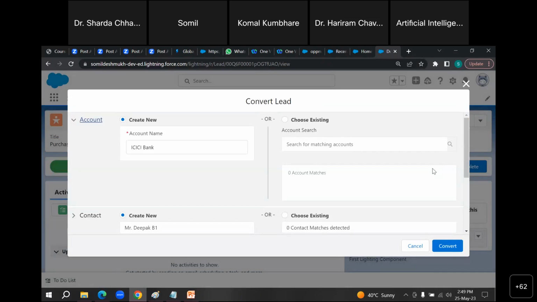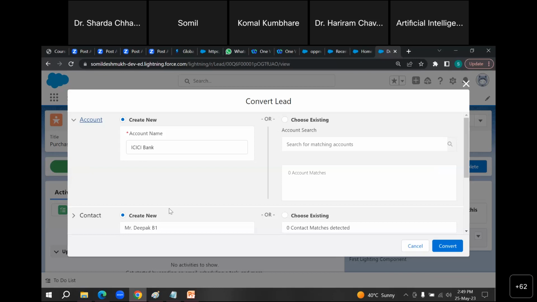And when you say that customer has been converted, it means that lead has been converted. Sorry, I cannot call him a customer; he is a lead for us. So when I say that lead has been converted, it means that he is saying, okay, I am ready to buy your product. So at that time, 3 records would be created.